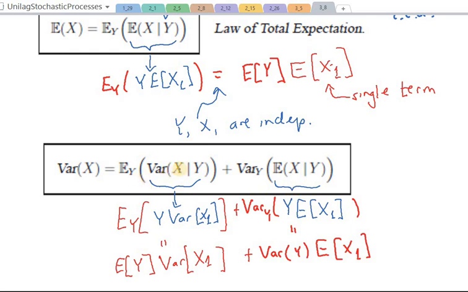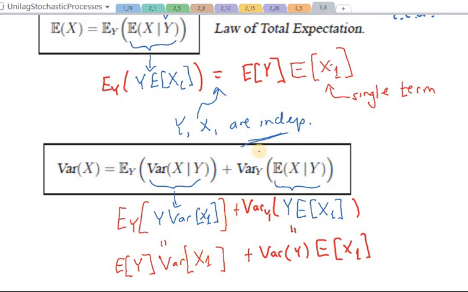So let's look at this one here. From the law of total variance, we get the first term that contributes to the variance of X as the expectation over Y of the variance of X given Y. Now here again, X given Y is a sum of Y copies of X1. Now these copies are independent, so if I have a sum of Y copies of X1 that are independent, then that simply gives me Y times the variance of one copy. When I take the expectation with respect to Y over this, again using the assumption that X and Y are independent, we get that each copy of X and Y are independent. We can pull out this expectation of Y, and we get expectation of Y times the variance of X1 plus the variance of Y times the expectation of X1. So this gives us a case